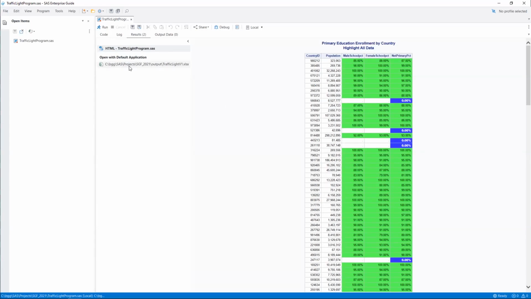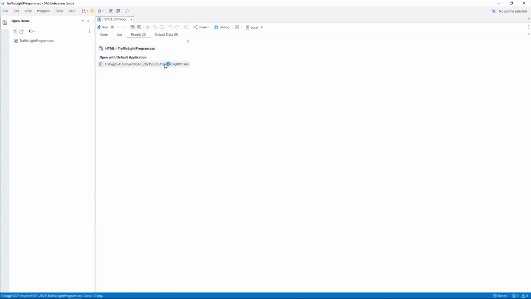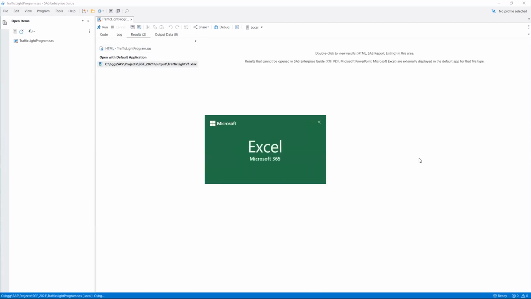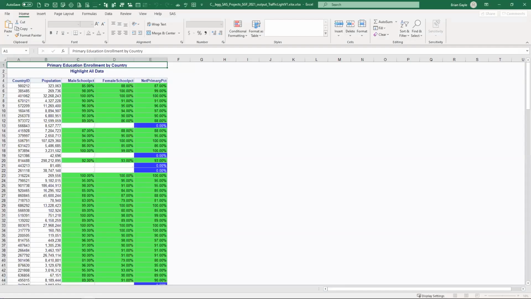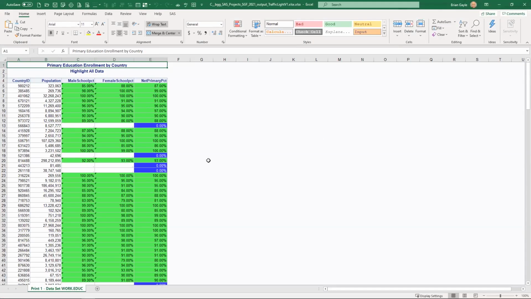Let me go over in Enterprise Guide. I could just click here on this XLSX line that got generated, showing me it also created a Microsoft Excel workbook. And here is the workbook content, again, with that same HTML blue style. That's the default style.